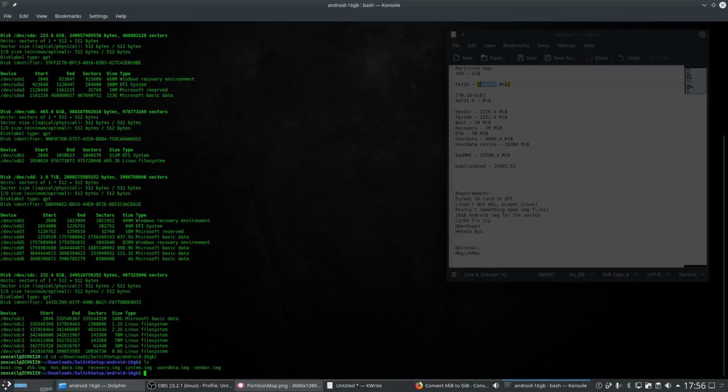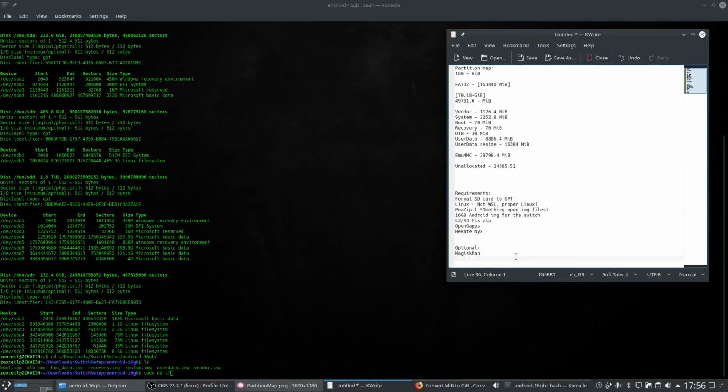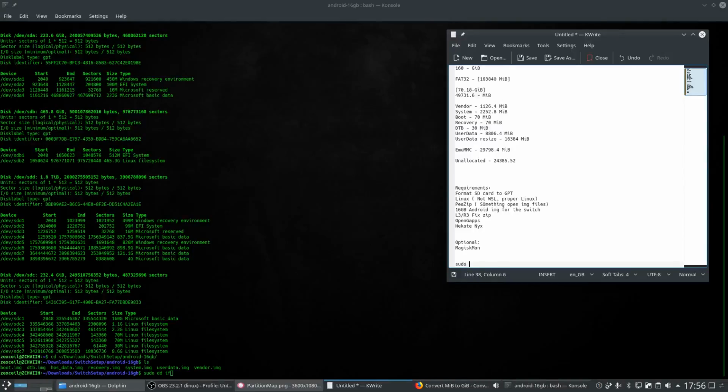Okay, so the command you want to do is sudo dd if, well, you know what, I'm just going to write the command out here because it is going to be pretty long. Sudo dd if equals, now the first one we're doing is vendor.image. Then you want to do bs equal 512m of equal